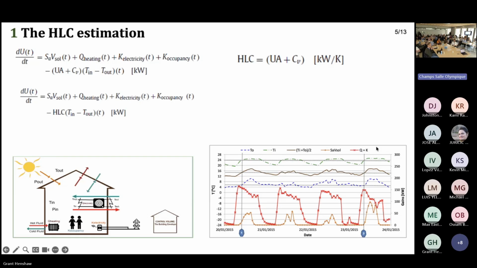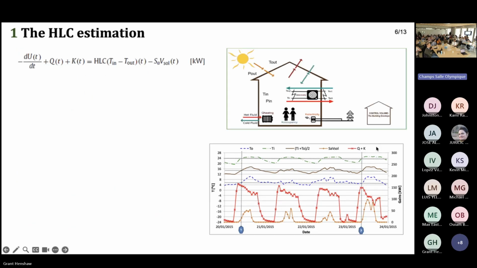You can never measure instantaneously how much energy is being stored within a building by sensors. This value is impossible to measure. So when you have one equation and 2 unknowns, we remember, since we were very small kids, that it's impossible to solve it, because you will never get a good estimate of the heat loss coefficient if you cannot measure this. So the mathematics are really nice, because when you make this equation in kilowatts, you can say, okay,